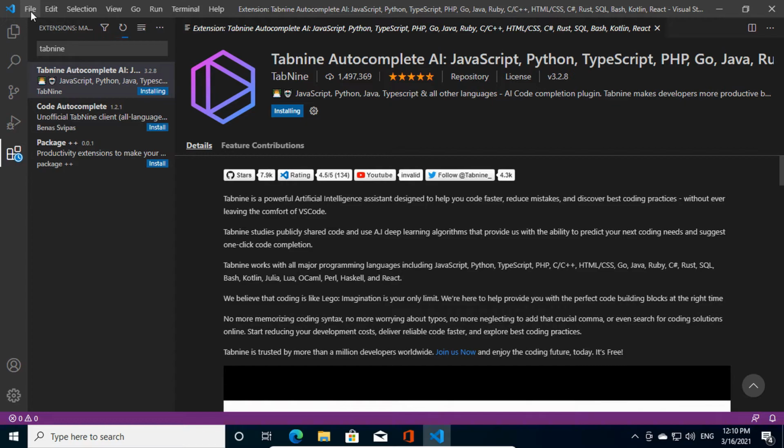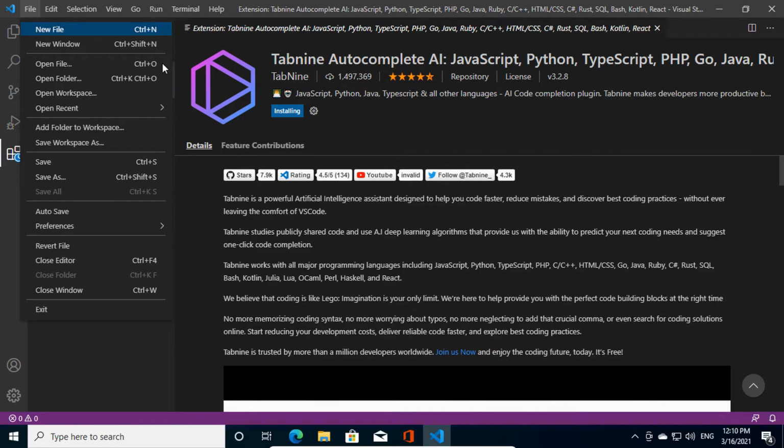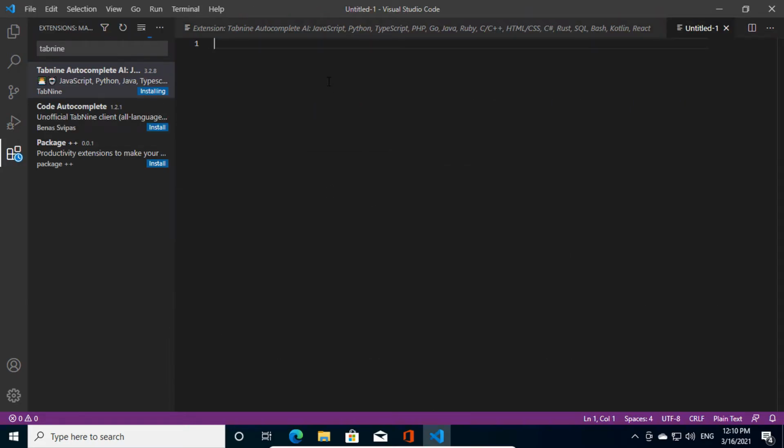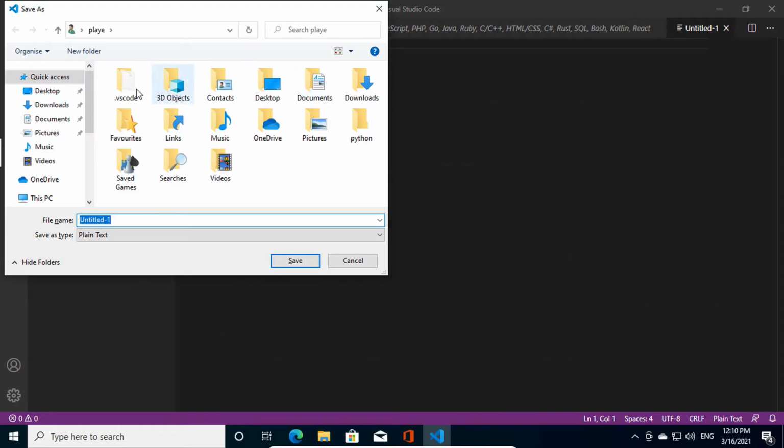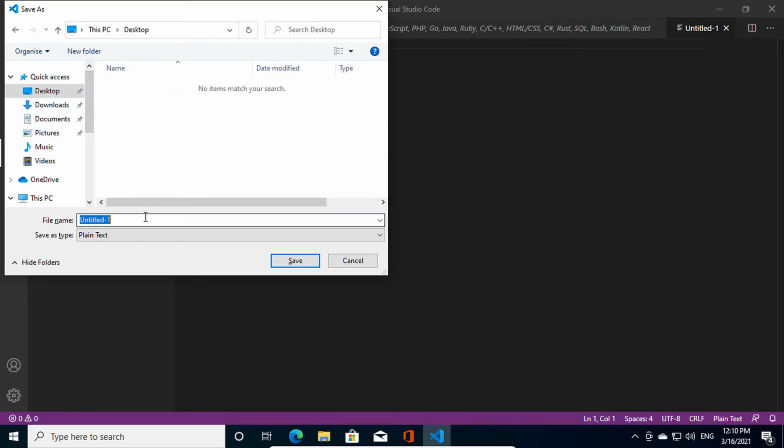And there is one more thing to configure. Let's see what it is now. Create a new file and save it as a Python file. Python file means something like this. Name it whatever you want. I'll save it as first lesson, and after that name you have to put a dot and type py.